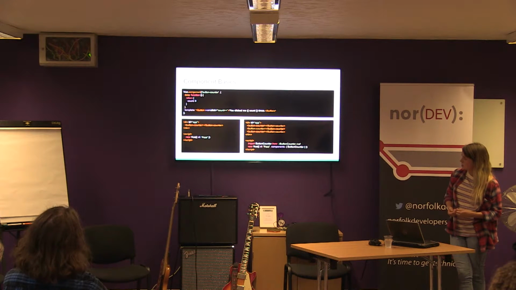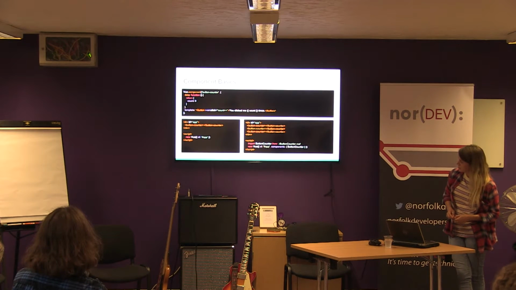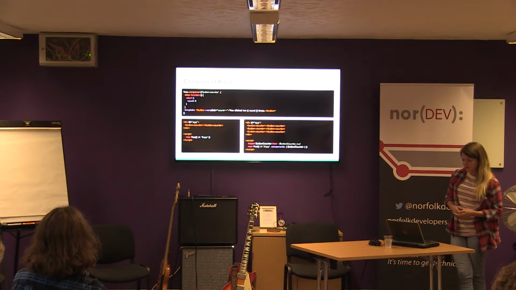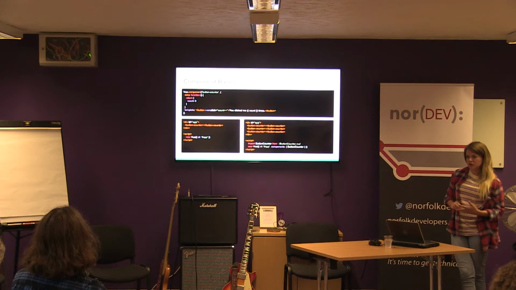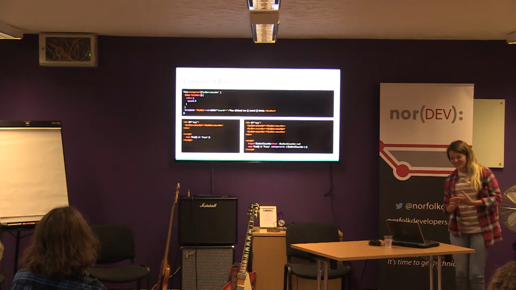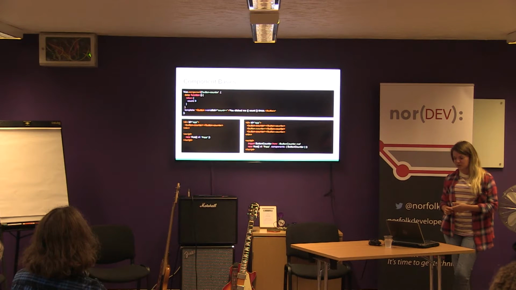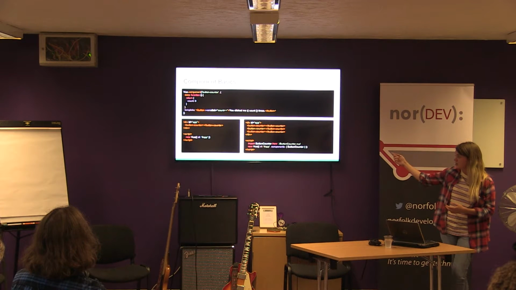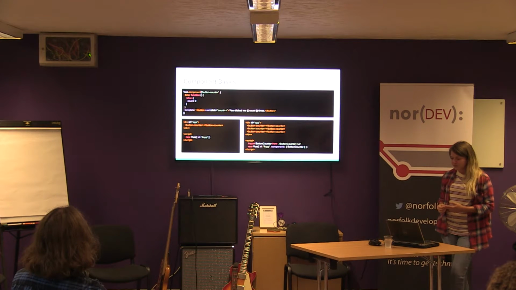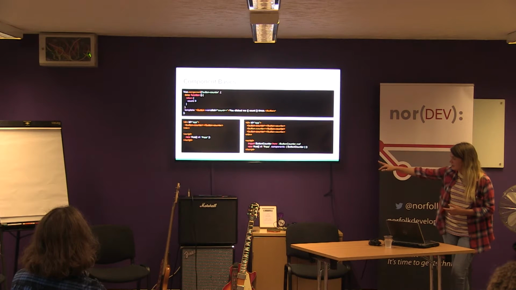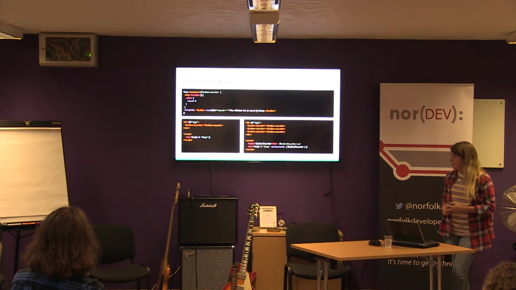So in this example, I've got a Vue instance with the name of button counter. Components can be either called inside the root Vue instance, and they can be called as many times as you want. So you can see on this example, I'm calling it 3 times. So as long as you've registered it, like at the bottom where I am importing and then declaring it as a component,